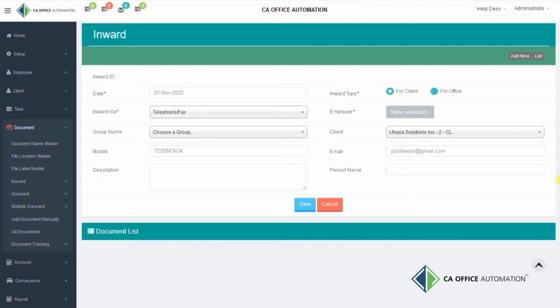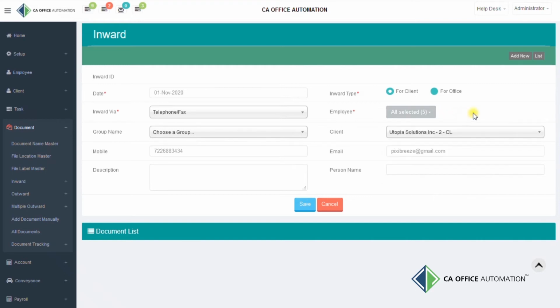And for tagging the employee, receiver has two scenarios in his or her hand. First, when receiver knows the exact employee who is working on that client service, then he or she will select only that employee. And in the second scenario, when receiver doesn't know the exact employee, then in that case, he or she will select all employees.